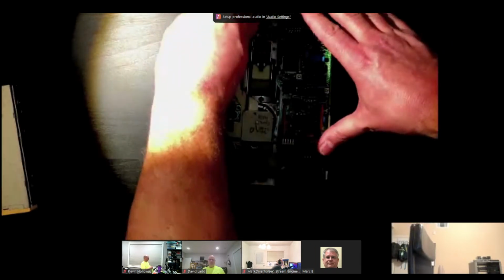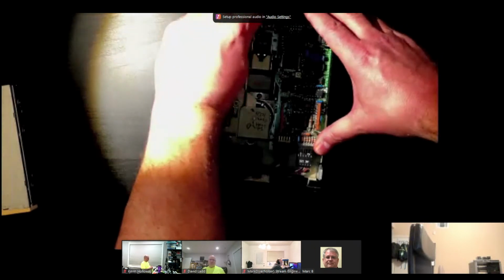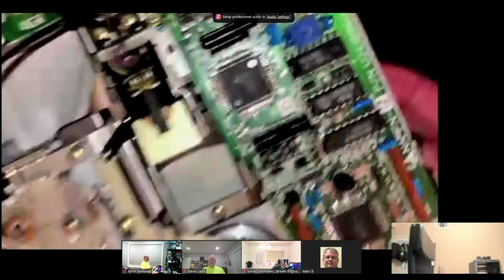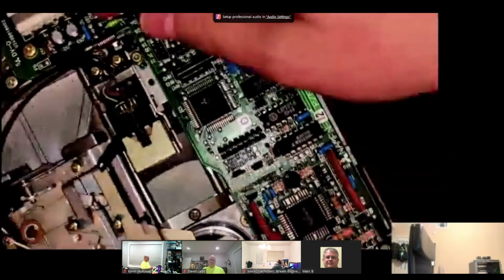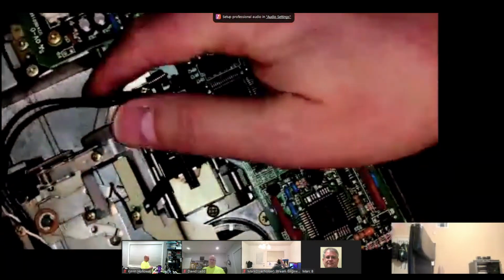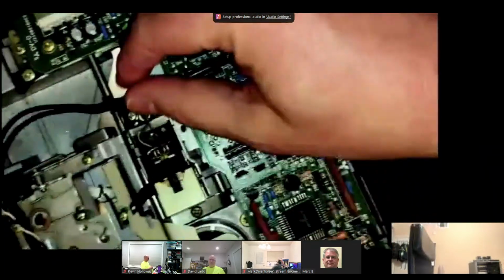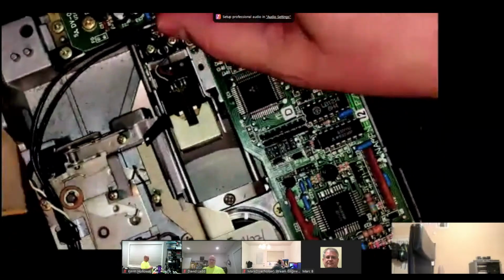Of course, the head moves back and forth with the stepper motor. So I can hold this up a little bit more. You can see the head rides on these rails here. This one here, and there's another rail down here. You may want to clean those,